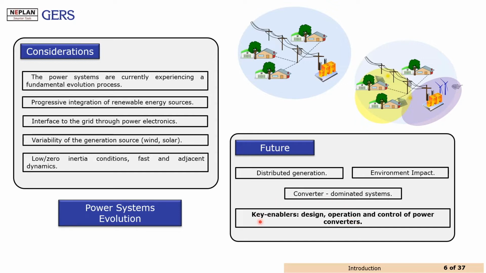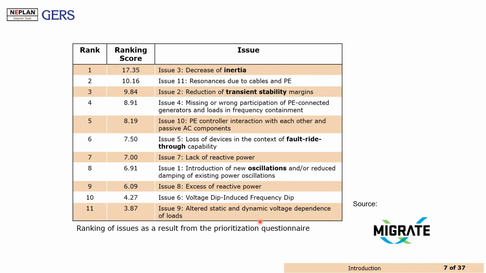These key enablers need to address different challenges. And one of the main intentions initially is to detect what the challenges are. For example, this research is very interesting since it presents a ranking of different issues due to the variable renewable energies. On the first part, we can find how the decrease of the inertia is providing different requirements on the grid code modifications, since the control systems should be able to support this issue.